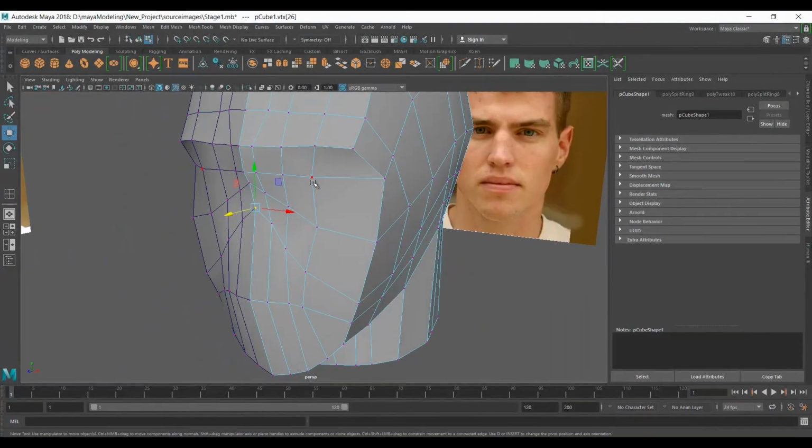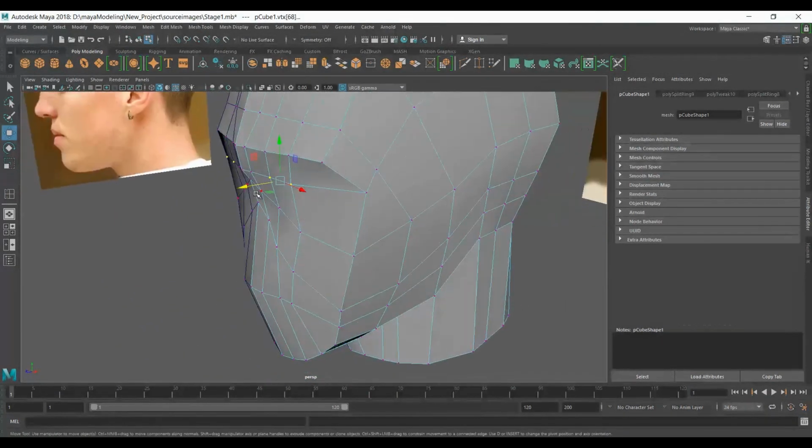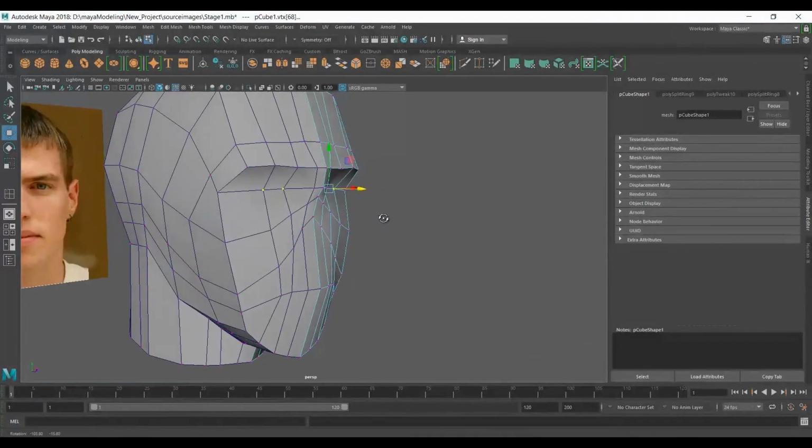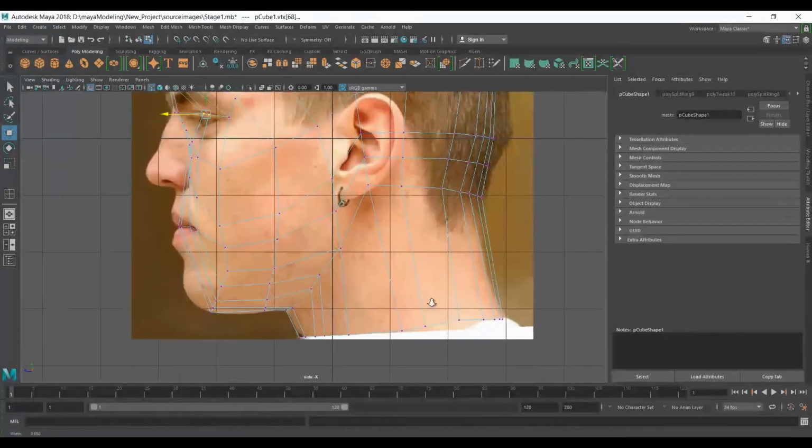Push back the vertex or the edges in the eye area to create space for the eye socket.